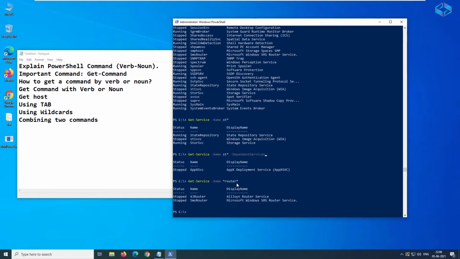And then the last one we discuss is how to combine two commands, which we discussed in the starting. Stop-Computer is one of the commands, and you can have two methods of combining two commands.